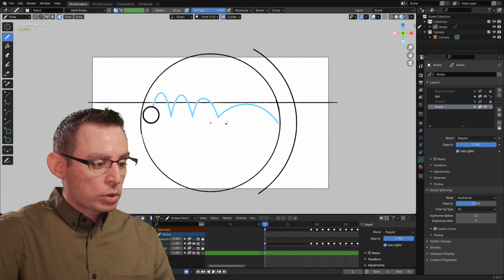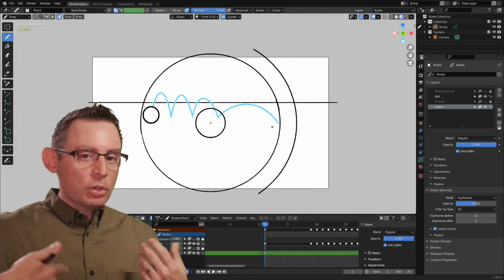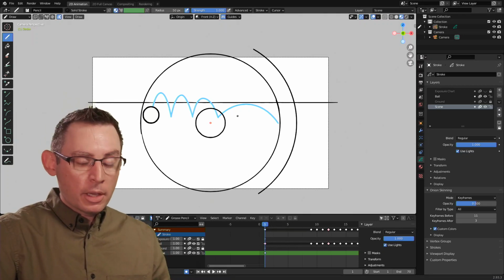However, if I click more toward the interior of that object, or the origin point of this object, you can see that my guide, or my circle, is going to have a different dimension. So it's just a really quick way of creating a circle around a defined point.